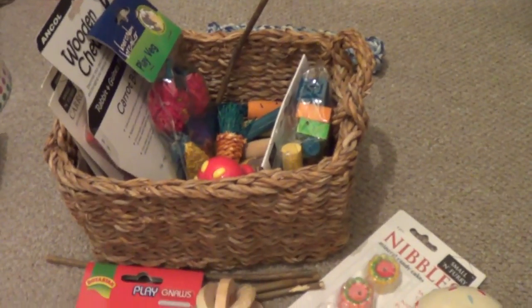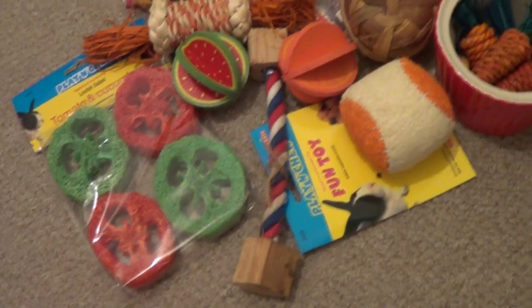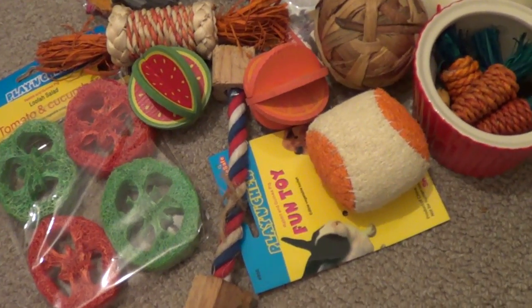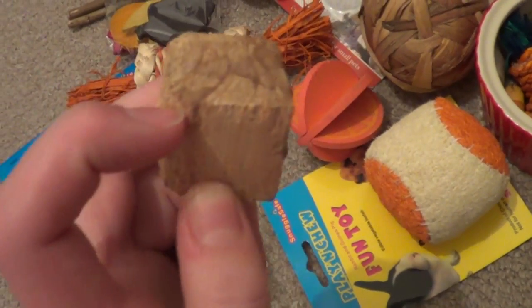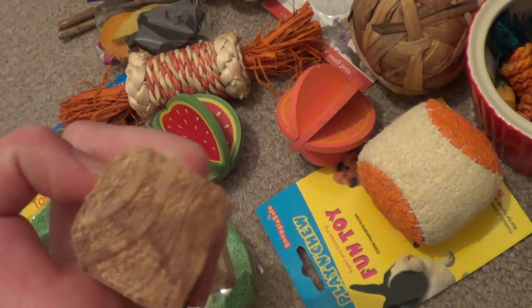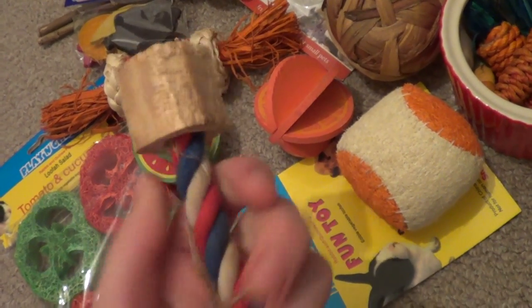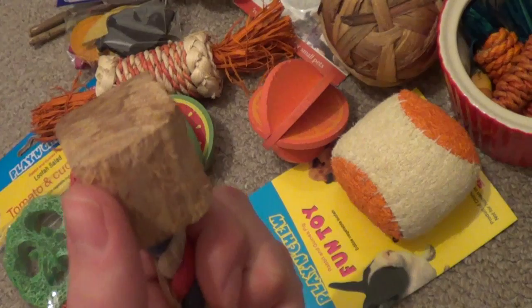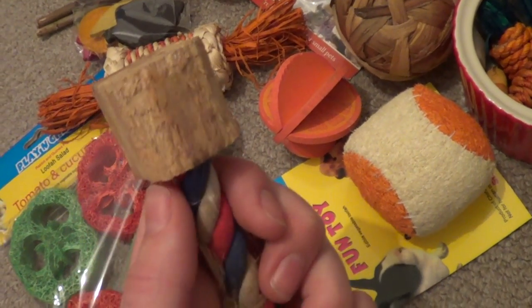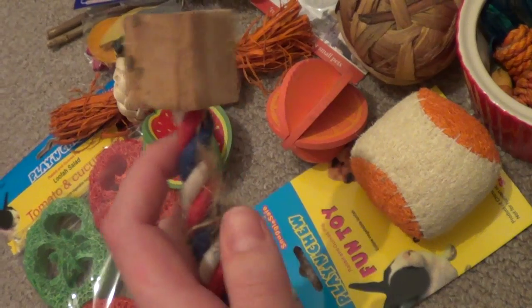The next thing you'll need is an assortment of chews and toys and things. And this is really, really important because guinea pigs' teeth are constantly growing, so they do need something to chew on to try and keep their teeth short. And if you don't provide them with enough chews, their teeth will become overgrown, and that will result in a nasty trip to the vets, and it'll probably be quite expensive for you and stressful for your guinea pigs, so